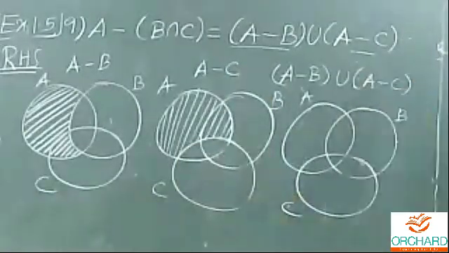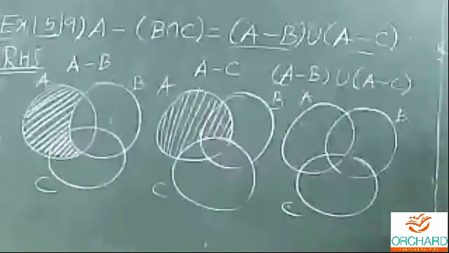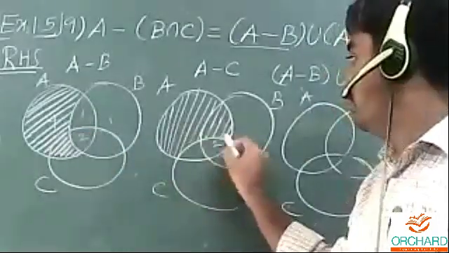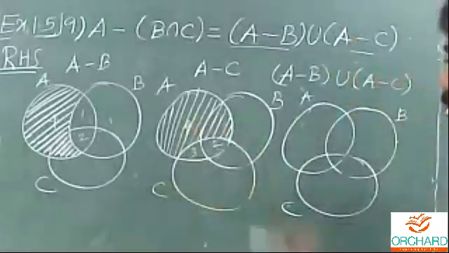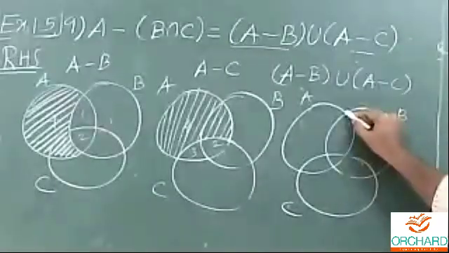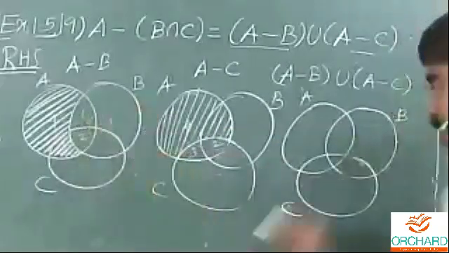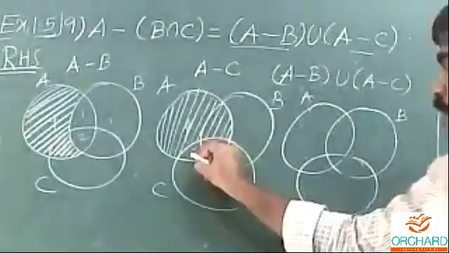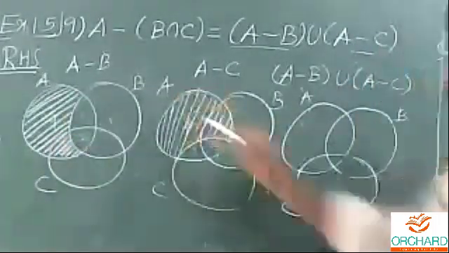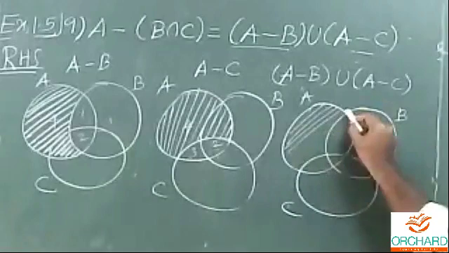Next, union. What is meant by union? Union means join. Join the two diagrams. This is part 1, part 2, part 3, and part 4. Part 1 here is shaded, here not shaded. Union, join, that's why part 1 here is also shaded. Part 2 is not shaded here, and here also not shaded, that's why not shaded in the last diagram also. Part 3 here is not shaded, but in the first diagram it is shaded, that's why definitely shade. Part 4 shaded, shaded. That's why, except part 2, everything will be shaded.